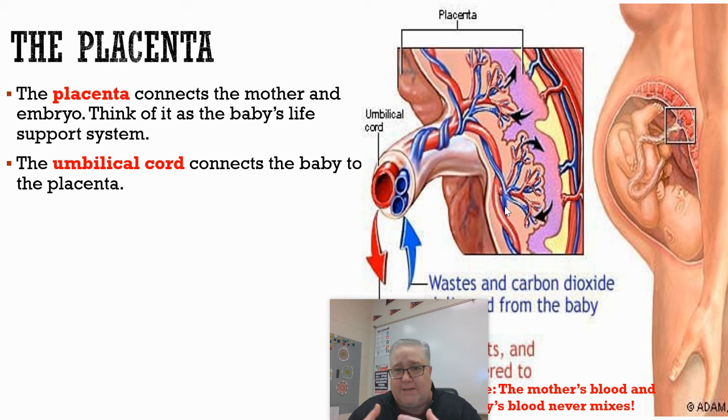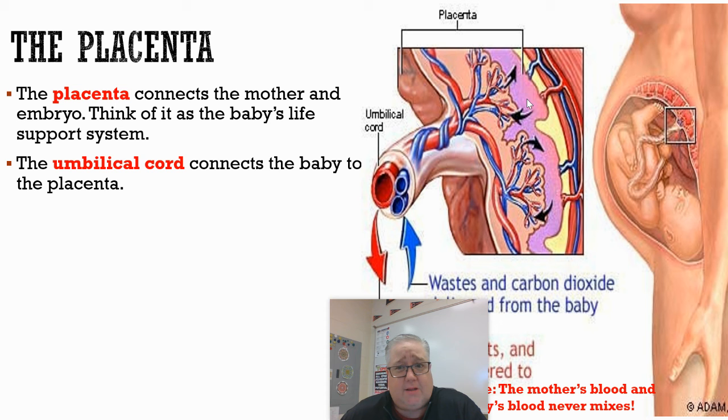But you'll notice that those blood vessels don't actually connect together. They don't actually touch. What that means is that the mother's blood and the baby's blood never come into direct contact with each other. And that's an important thing. You might remember back, we talked about different blood types. The baby might have a completely different blood type than the mother, so it's a good thing that the bloods don't actually come in contact with each other. There could be some repercussions that might occur, but